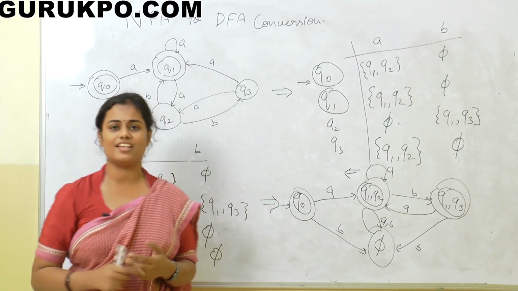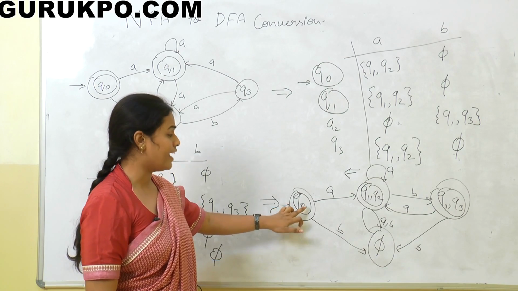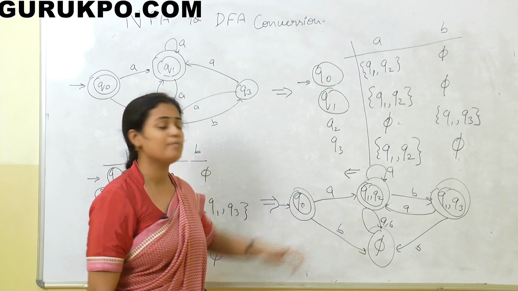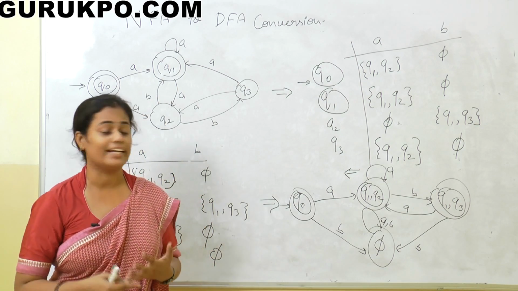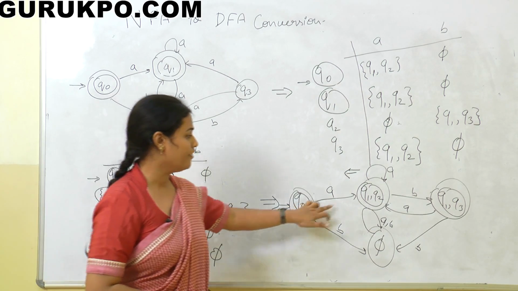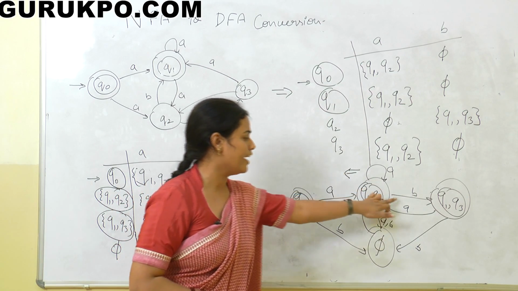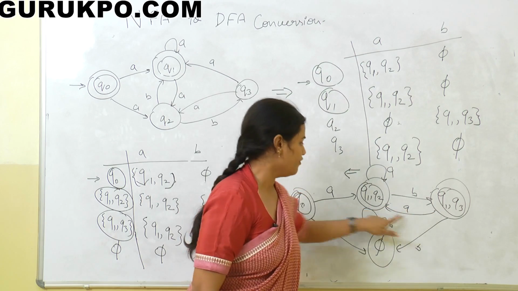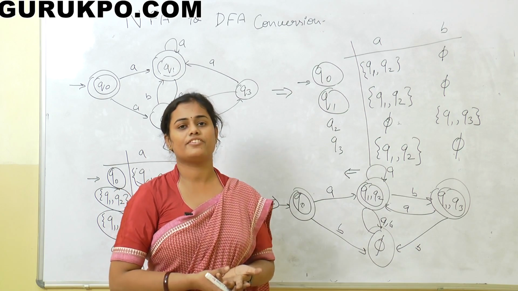Now we have to check whether it is a DFA or not. You can check that at any state, when I am applying the input, I am reaching only a single state. For the same input, we are not getting more than one output. At A, we are getting Q1, Q2. At B, we are getting null. At A, we are getting this. At B, we are getting this. And at A, this. And at B, we are reaching null. When there is no output state, we have mentioned that as null.